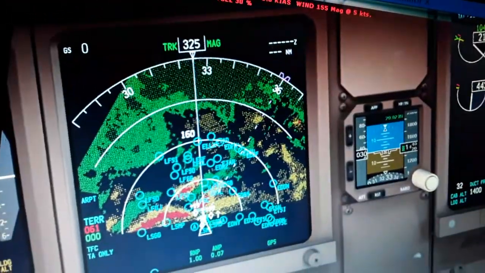So you can see here we also have the navigation display. It's also supplied by the ADIR, the Air Data Inertial Reference Unit, or the IRS. So it displays the GPS position, the terrain map using the radar of the aircraft, the weather radar that also reflects the ground. It displays this information in terrain levels with green, yellow, and red colors depending on the altitude around our aircraft